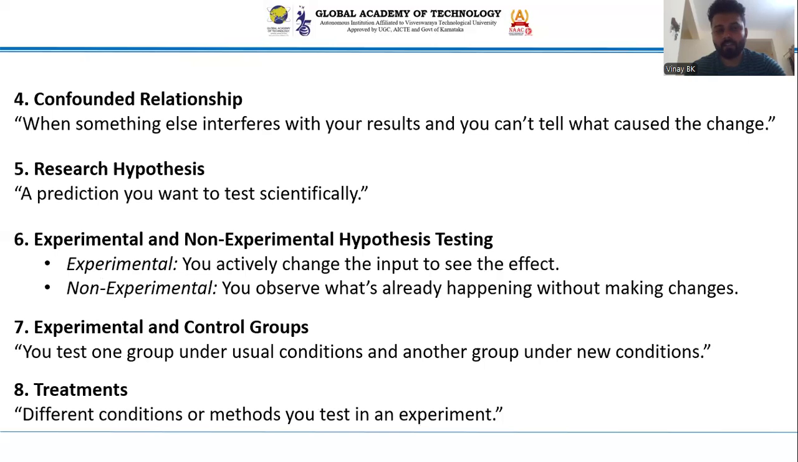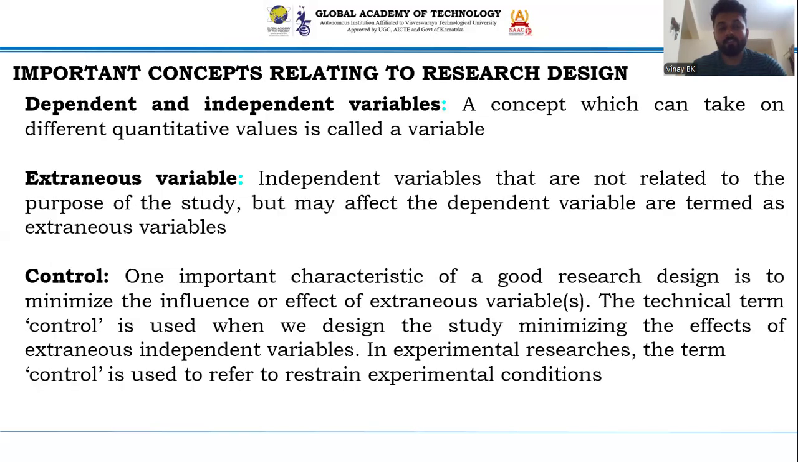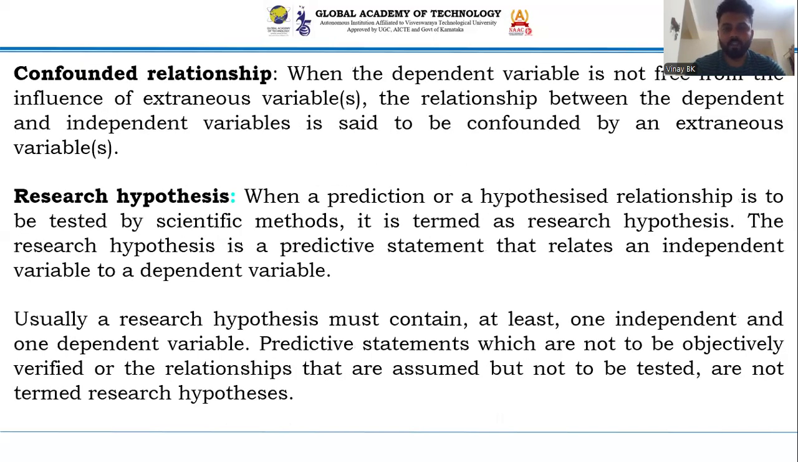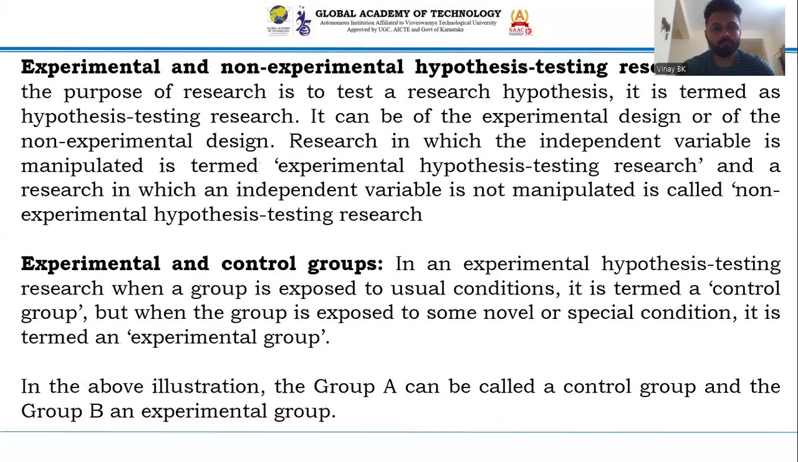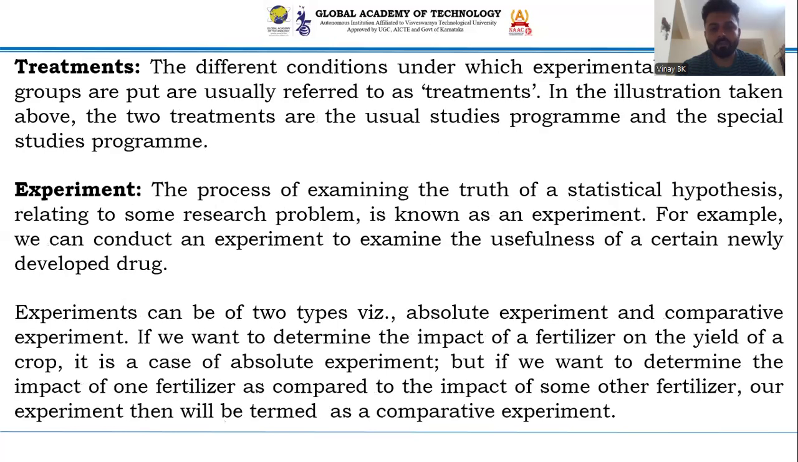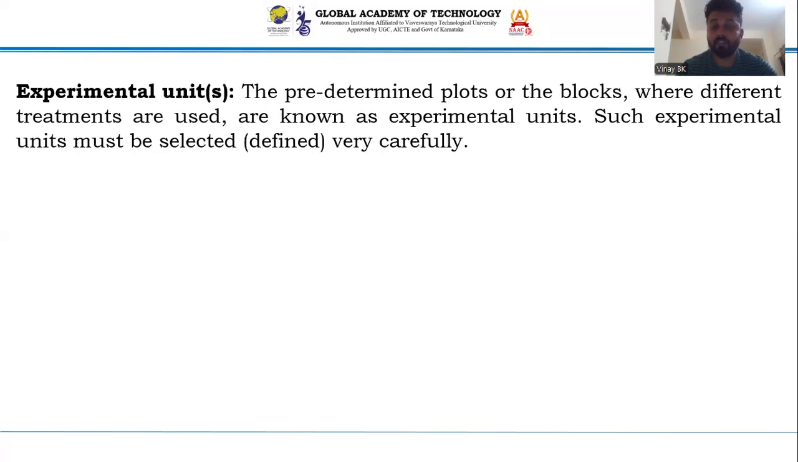And research hypothesis, a prediction you want to test scientifically. Experimental and non-experimental hypothesis testing, and experimental and control groups, treatments and experiment. So these are the important definitions. You can take a screenshot, from the examination point of view. Confounded relationship, treatments, experiments, experimental units,